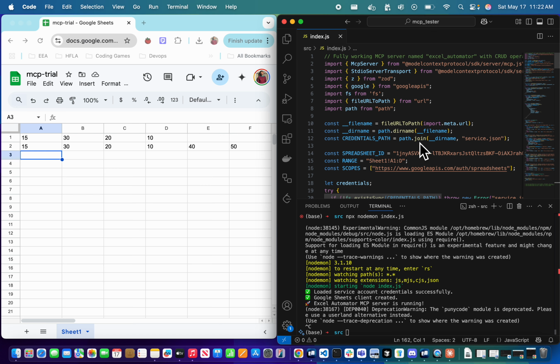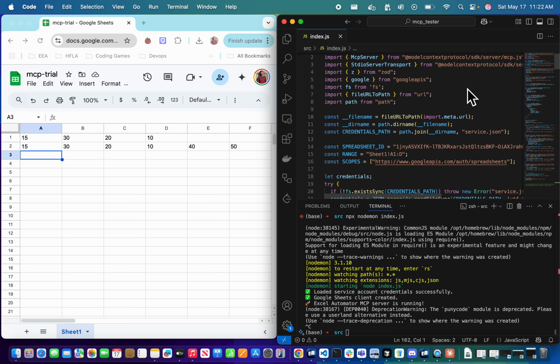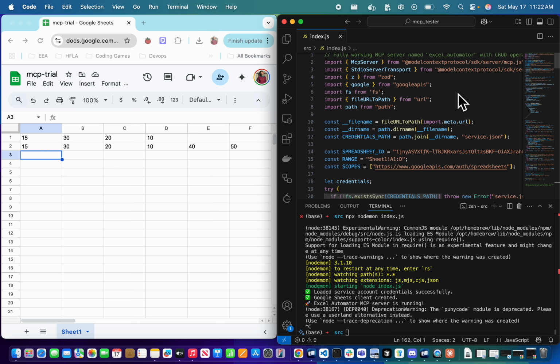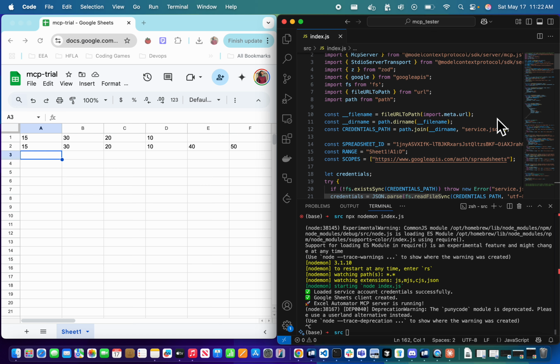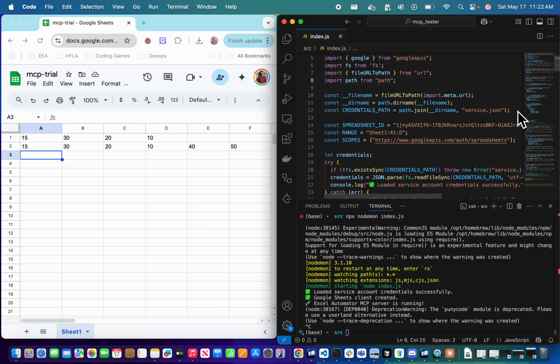So the way it works is I have the MCP protocol, the SDK for the MCP server, and I'm using the Google API. We have the credentials from Google Auth that you have to get from the Google console or something like that, and then